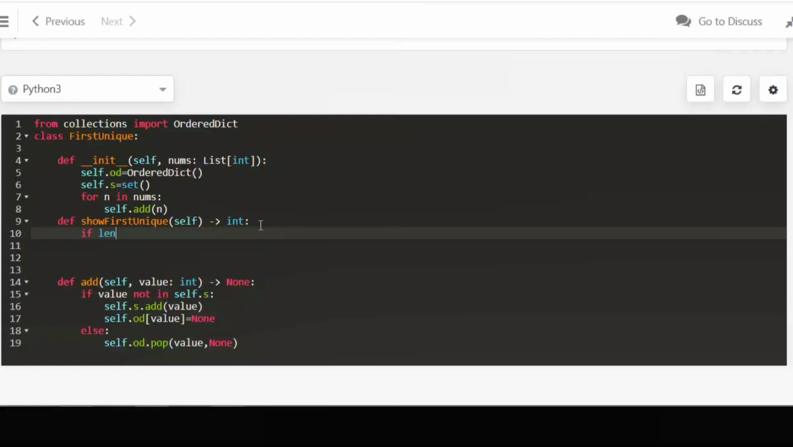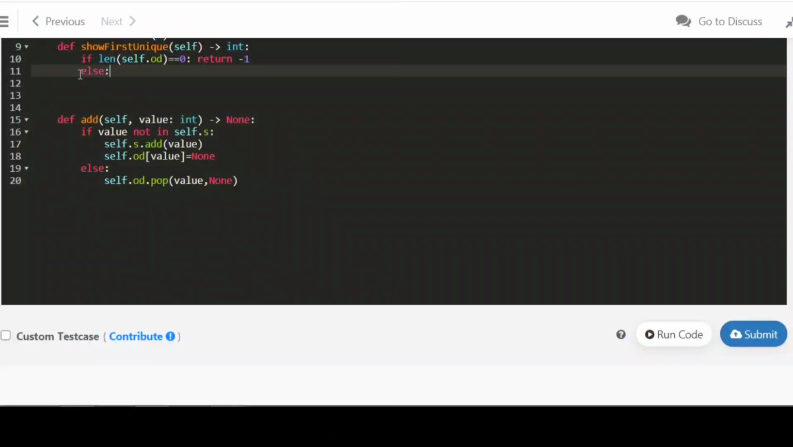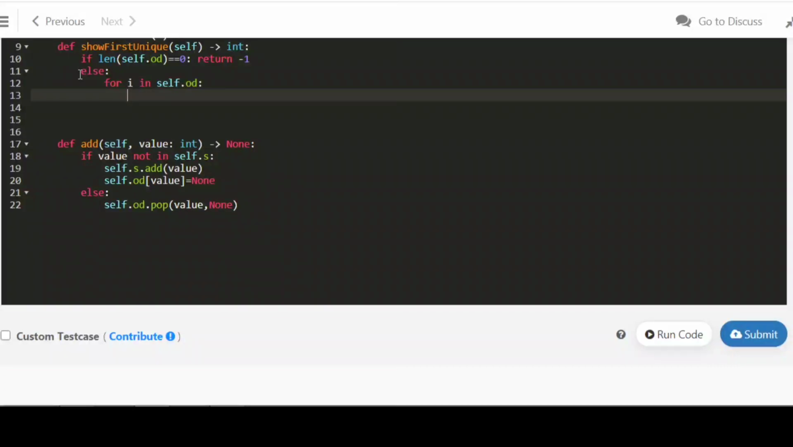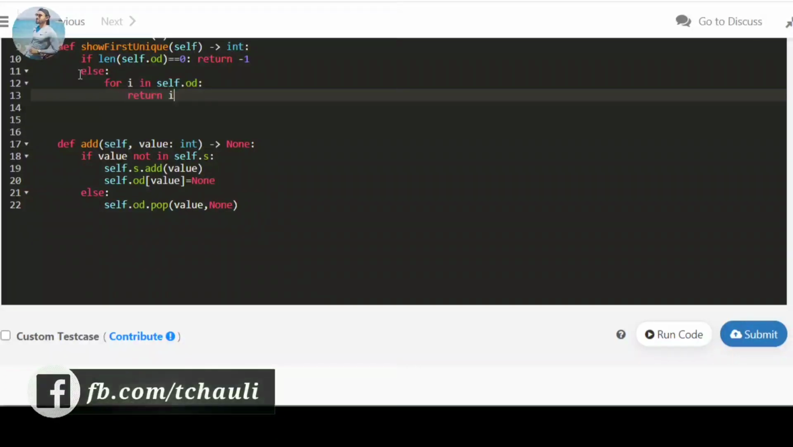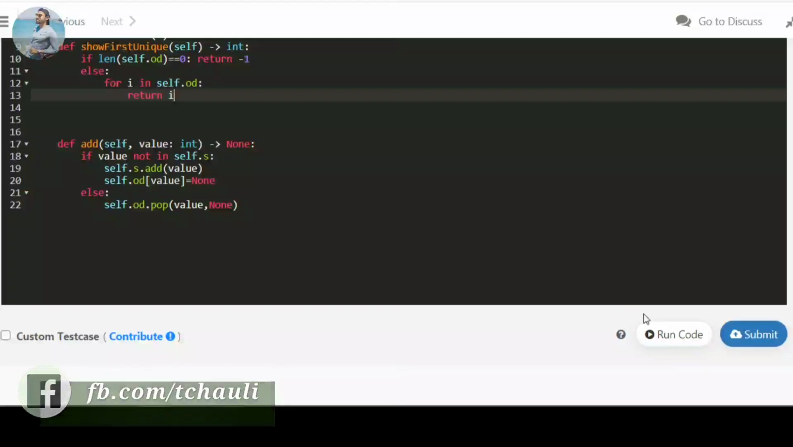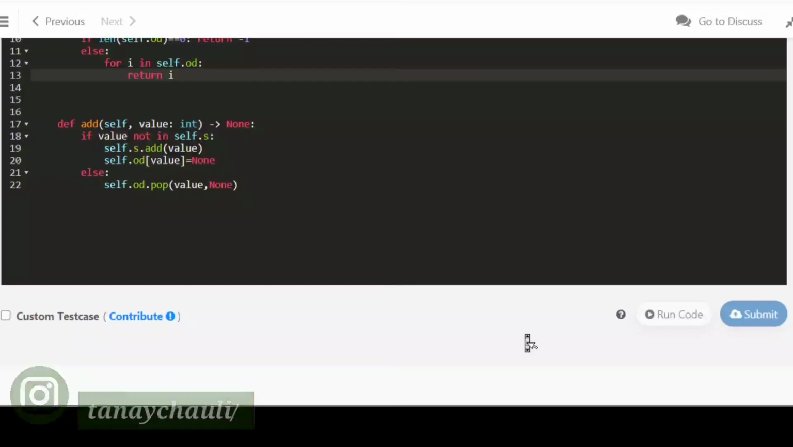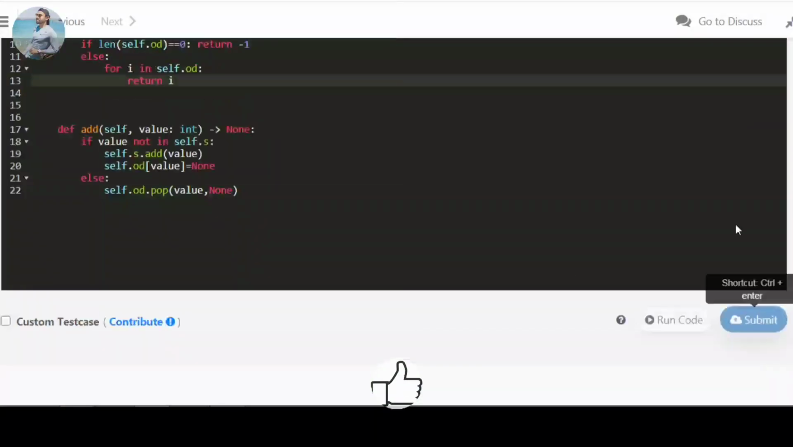And then we check if len of the dictionary equals 0, meaning there is no element in the dictionary, meaning the dictionary is empty, we simply return -1. If the dictionary is not empty, we return the first element: for i in self.od, we return i. Here i is the first element. We iterate the dictionary and return the first value. We only iterate one time, so this is order of 1. So we run it, it runs successfully, and we submit it,